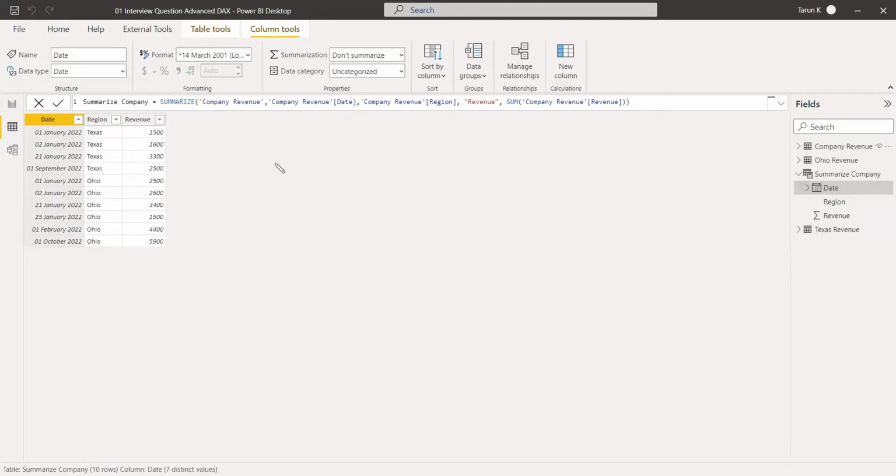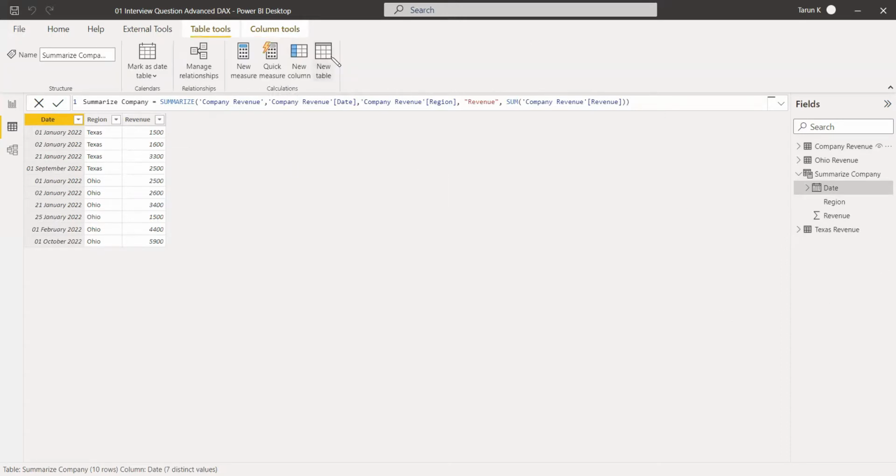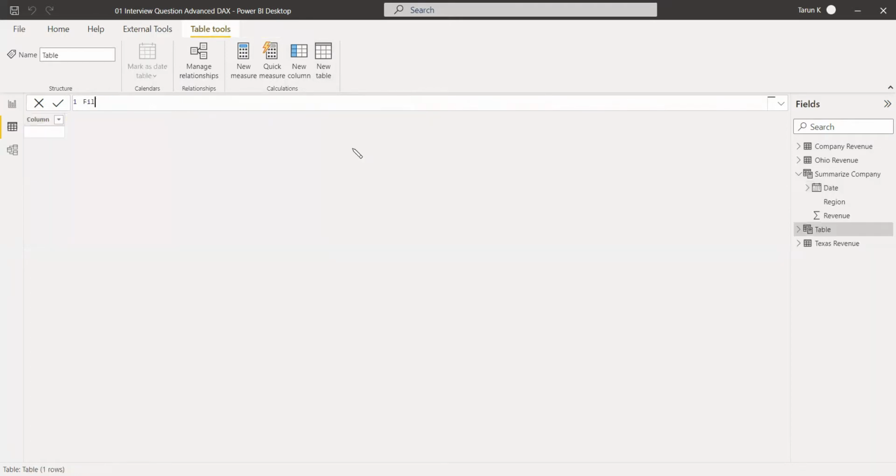Now this summarized company should be divided into two tables by filtering it with Ohio and Texas, along with the revenue greater than 2,200. So the next table, this 1,500, whatever comes under 2,200 will be filtered and it will be shown. So we can create a new table for filtering the Texas. So filter Texas